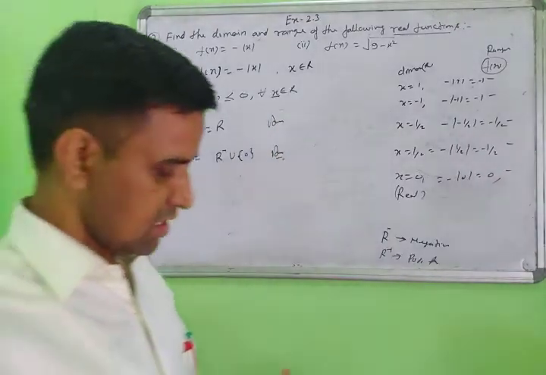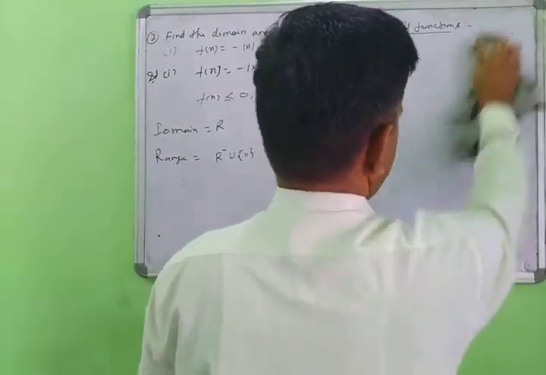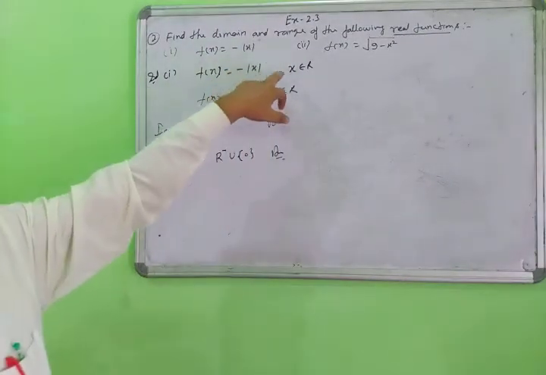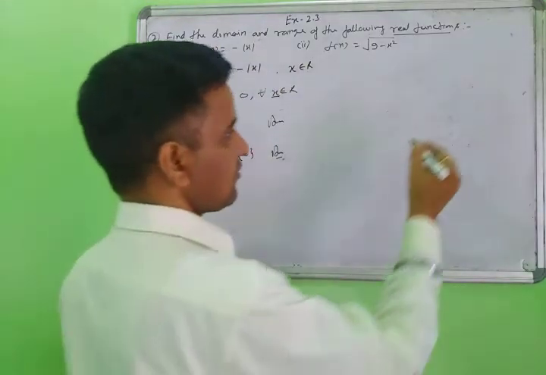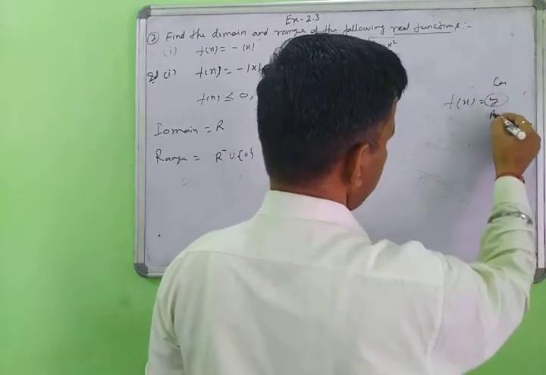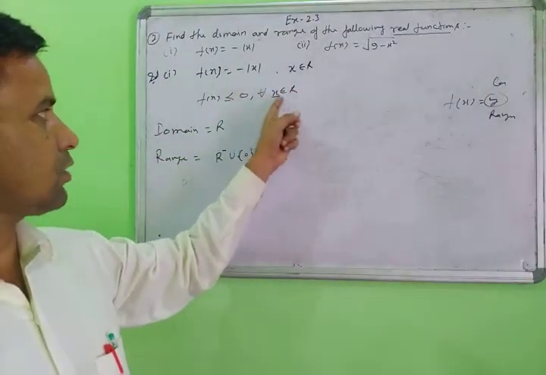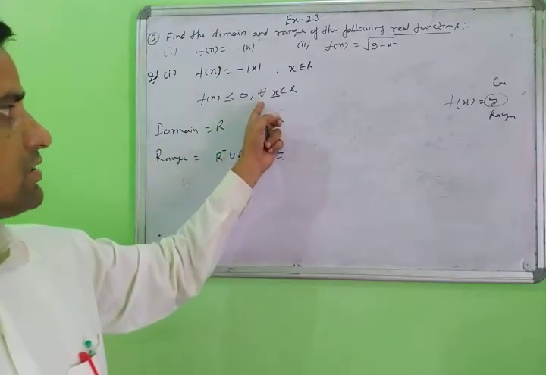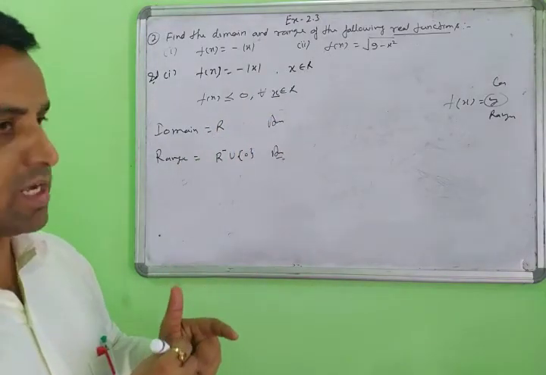The very simple thing is that this is your rough work, not required in the fair copy. This is your answer. How to find it is very simple. First of all, the function is given with x belonging to R. That means what is the value of f(x)? f(x) means y, and y means codomain. This is the range part; those are mapped by the real numbers, called the range. So f(x) is less than or equal to 0, x belongs to R. This is your answer.